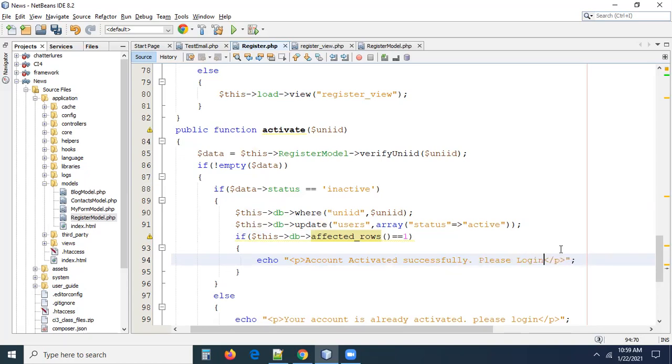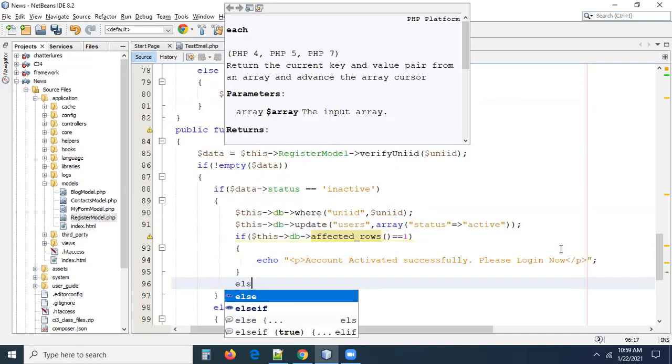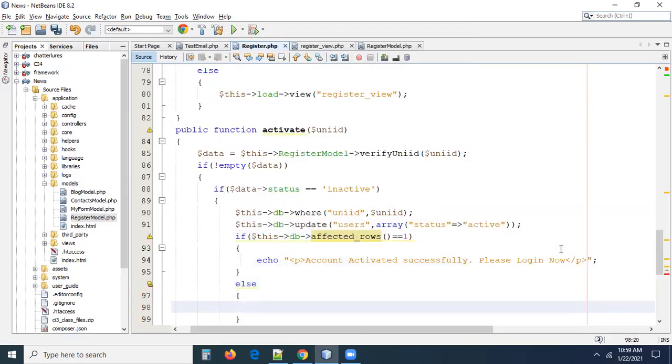Right? Otherwise, if there is anything wrong while updating the account, you can write one more message: "Sorry, unable to activate your account. Contact me." Like this, I'm displaying an error message also, guys.